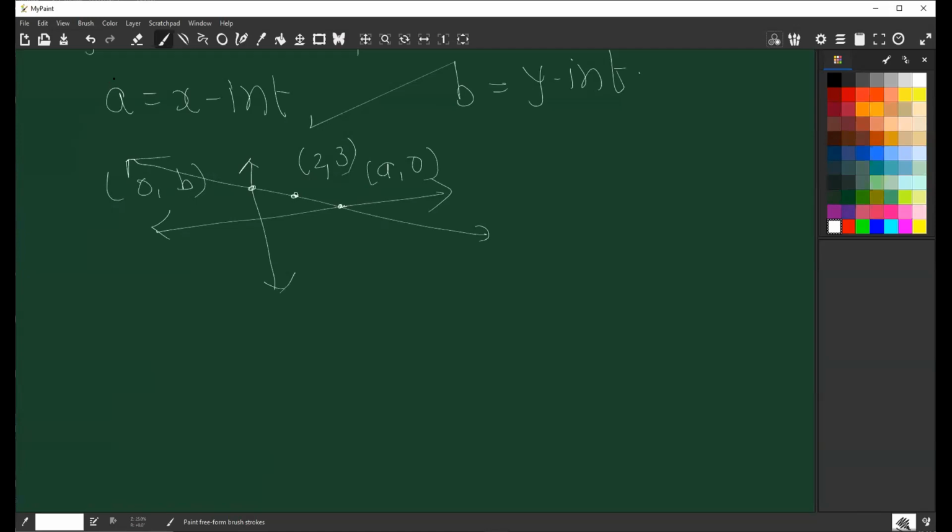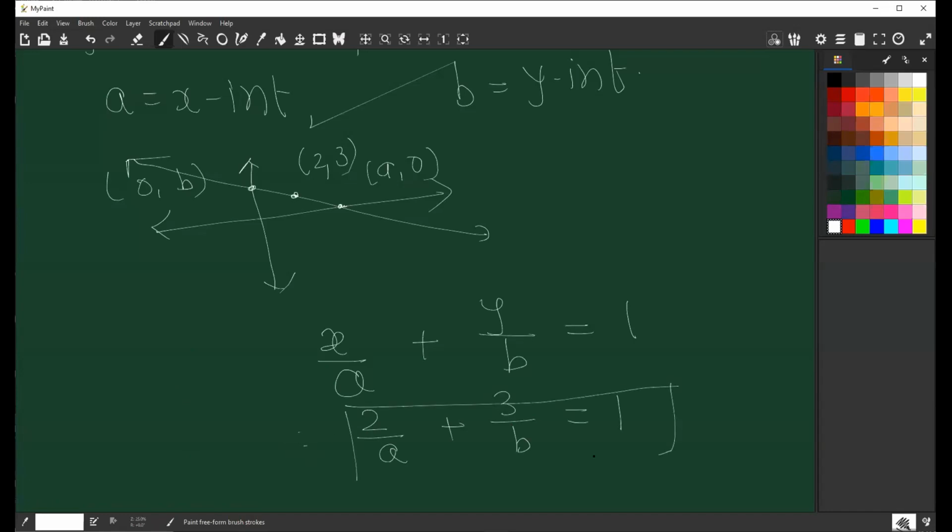अगर मुझे यही sum पूछना है, see, let me complete this. What will be the equation, intercept दिया है? So what will be the equation, bolo? x upon x-intercept plus y upon y-intercept is equal to 1. हाँ? अगर मुझे ये double intercept form में equation of the line है and the line is passing through (2, 3), x की जगह 2, y की जगह 3 is equal to 1.